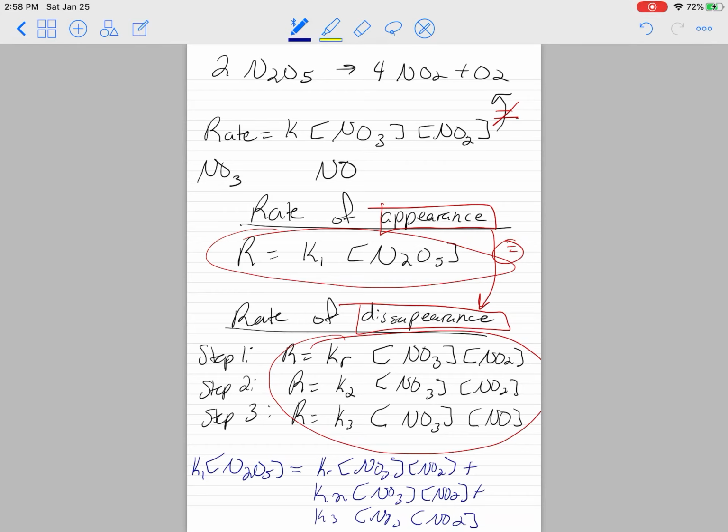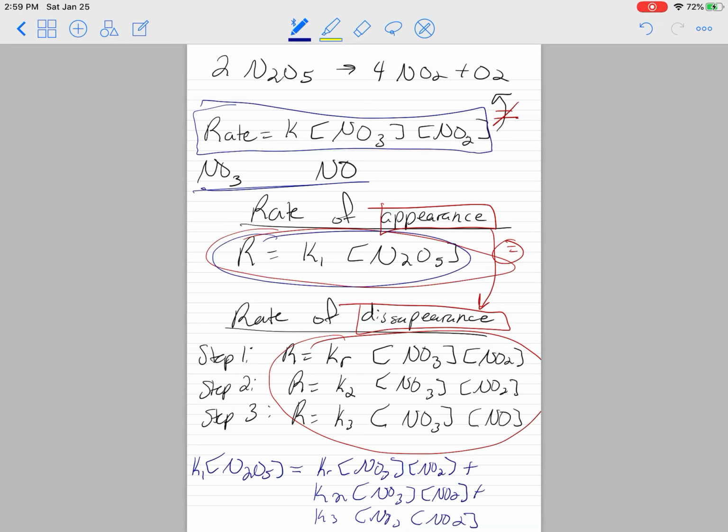All right, so we have done the first piece of the steady state approximation. We determined which step should give us the rate law, and we saw that that rate law could not be correct for the overall reaction. So we determined our intermediates. We found the rate of appearance of one of them and the rate of disappearance of one of them, and we set them equal to each other. And this is where we will